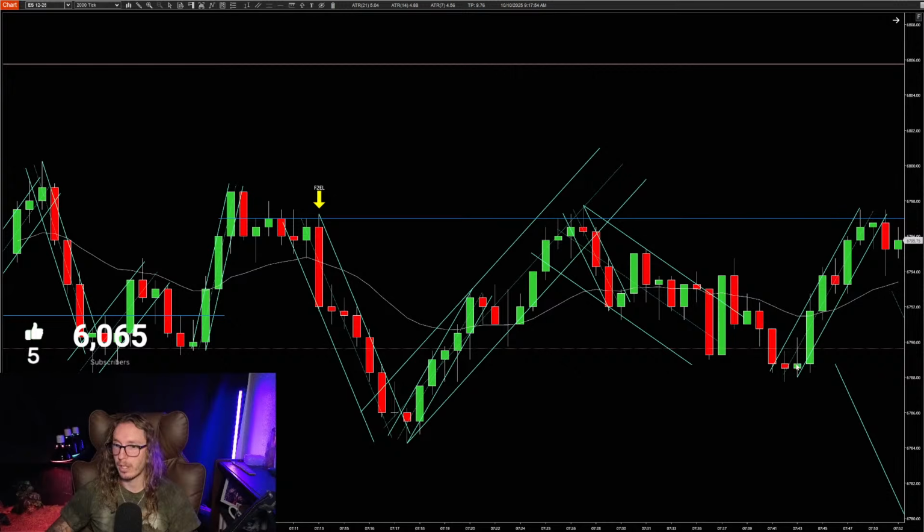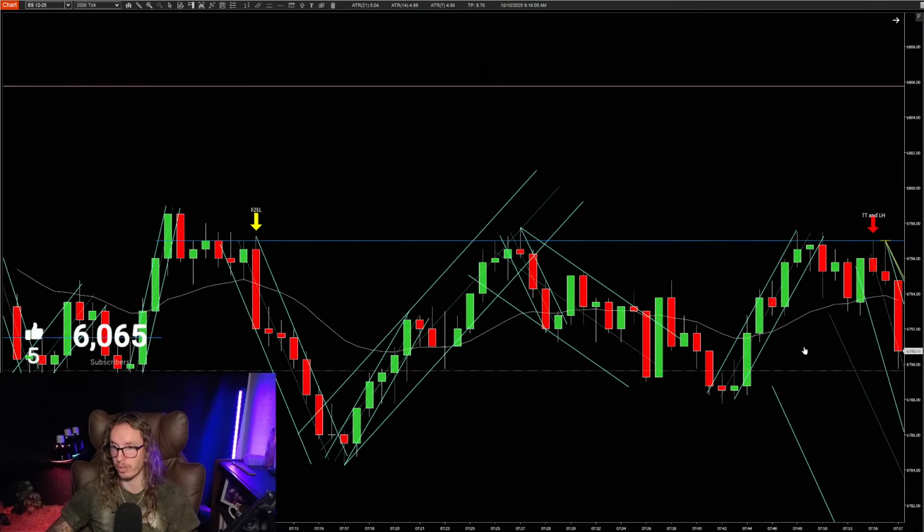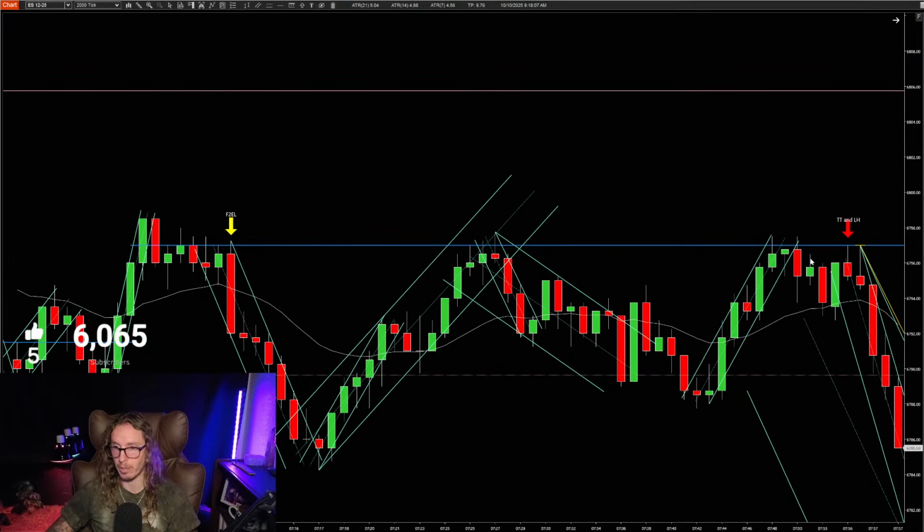So then basically we have this little channel up. It gives you a first entry short right there, still inside the channel. Then there's like a second entry short, equal high, but it's too much tail. You can't go short there. You get an inside bar anyway. But when it comes up and gives us this triple test and lower high, that one is nice because you